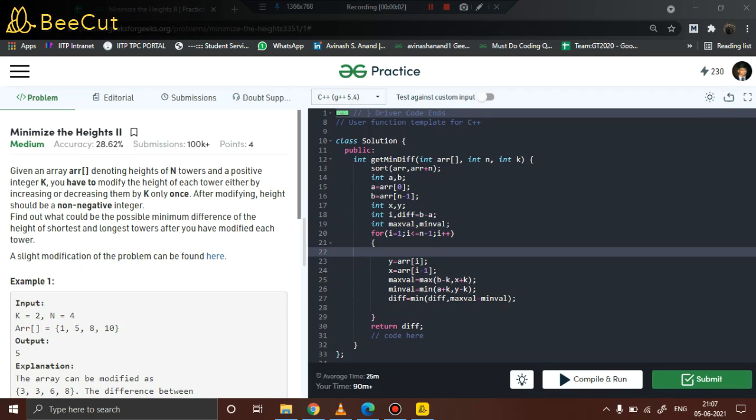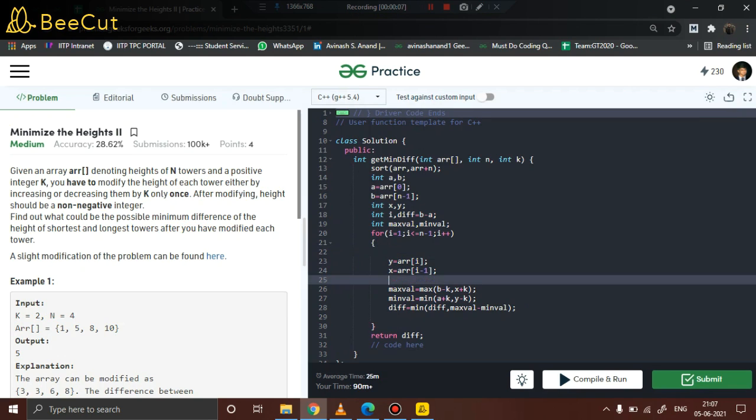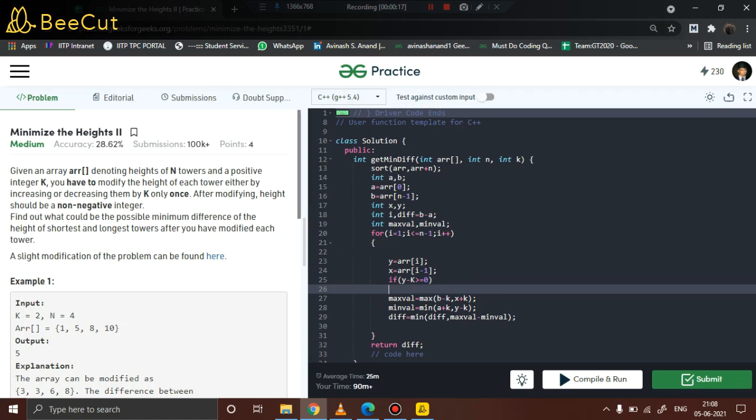One more thing is that this particular operation should be performed only when the value of y that we are calculating, that is the array element after subtracting k from it, is non-negative, right? So it should be greater than or equal to 0. If and only if this condition holds true, we will allow these operations. We should ensure that if there is a need to subtract k from that particular element, then the result should be greater than or equal to 0. Otherwise we will not perform those operations, because that might lead to